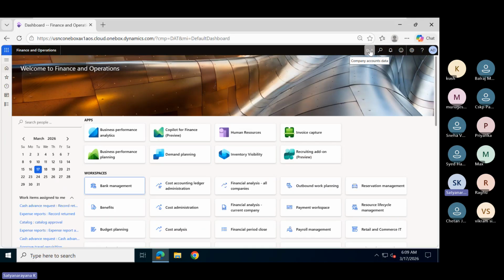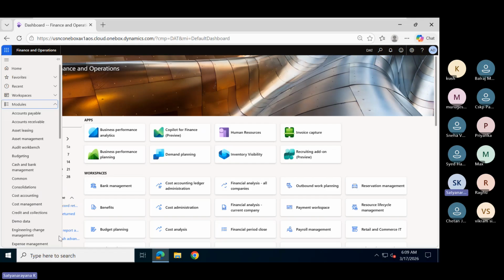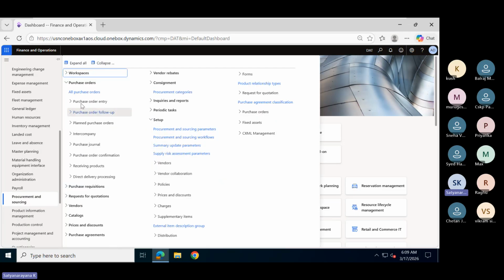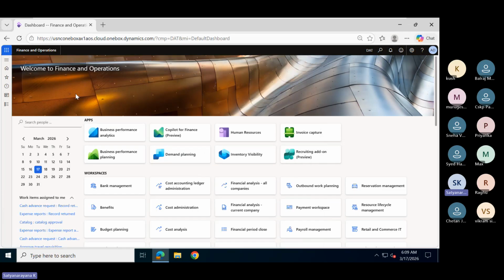In that company it will be empty. Suppose I go to procurement and sourcing, purchase orders, all purchase orders. It will be empty. Nothing will be there.